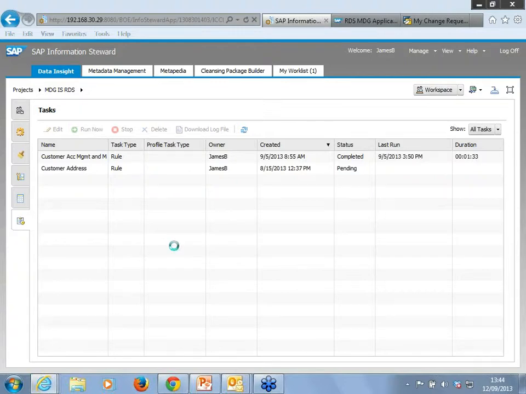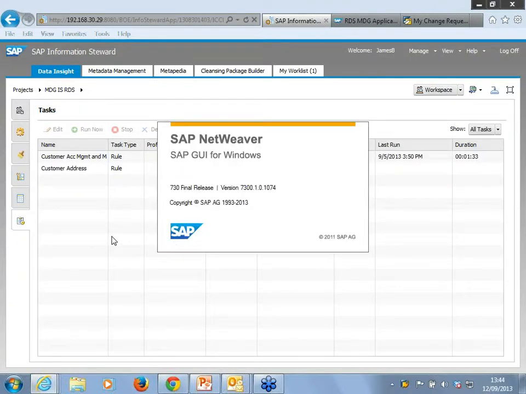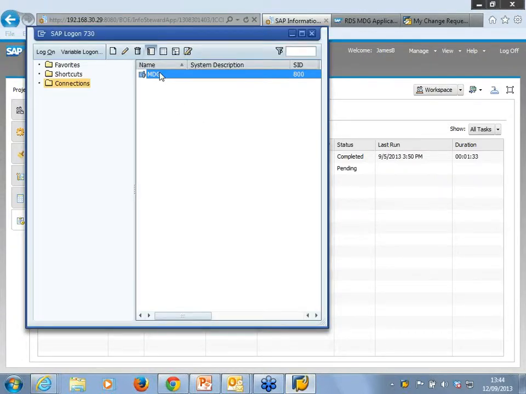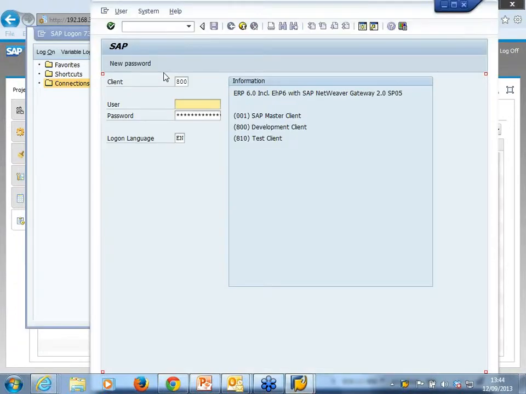So what this is doing, Information Steward is now tapping straight back into our SAP system. The idea being it's going to run the data quality rules. We'll see the change in our scorecard, and then we should see the improvement. So what I'll do is I'll just log in, I think, to show you what it was, customer 11, into our